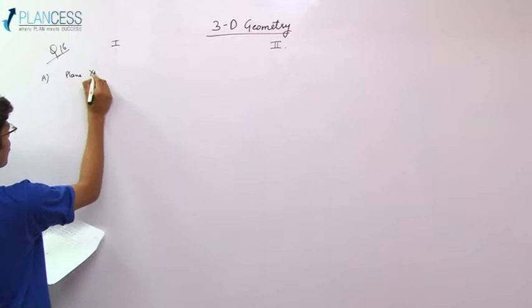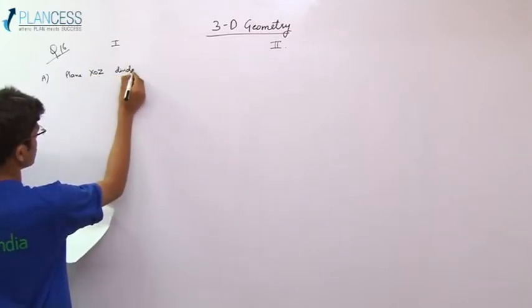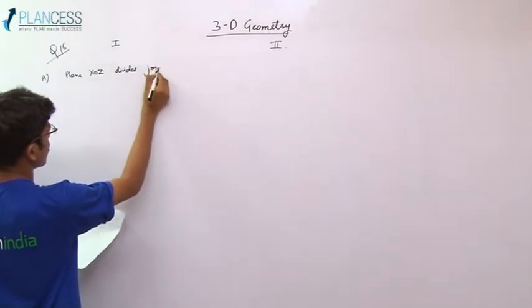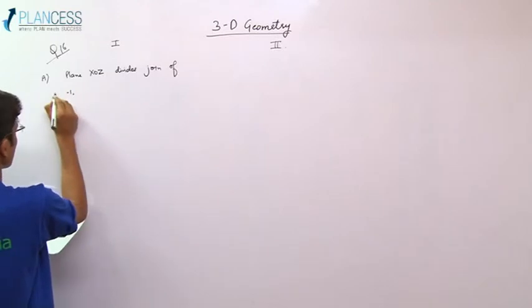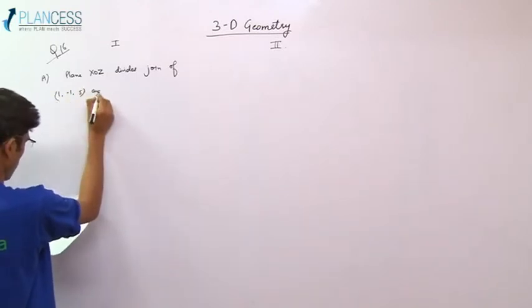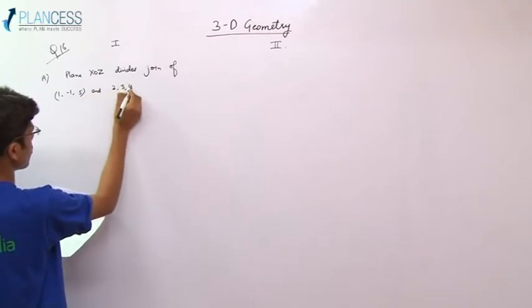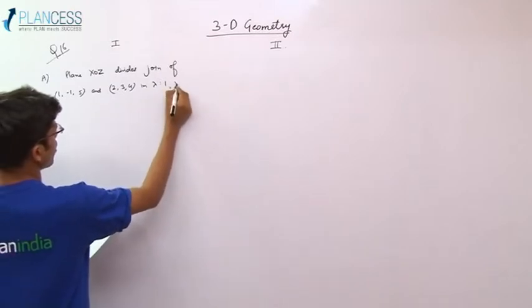Plane XOZ divides the join of (-1, 1, 5) and (2, 3, 4) in the ratio lambda is to 1. Lambda is